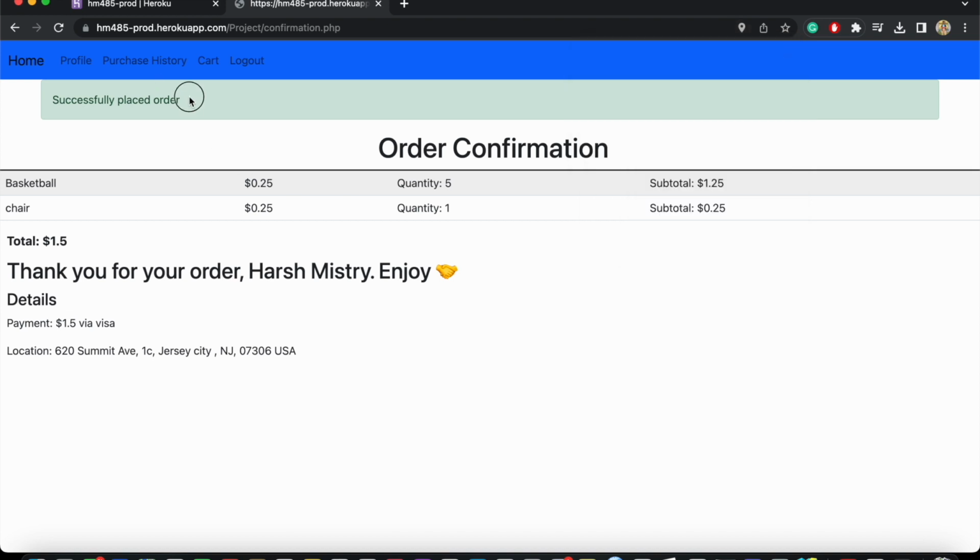So it says over here that we successfully placed the order, and then over here it's going to give you the order confirmation, which gives the total again, the same amount, the same information that you have seen in the checkout page. But instead of the information where you have to put in your details, it's going to give you a thank you for your order, a friendly message that tells you that your order has been confirmed, and it says your name, and then it also says enjoy,